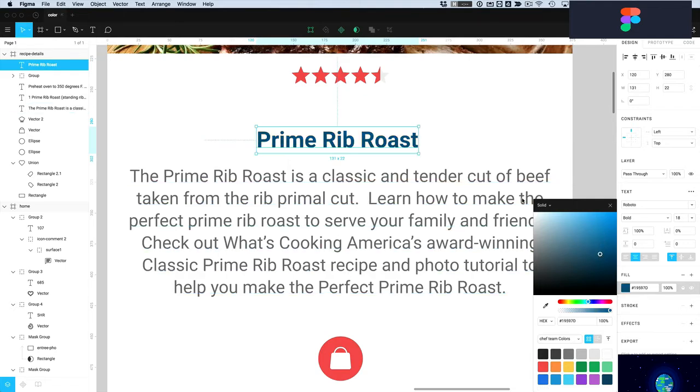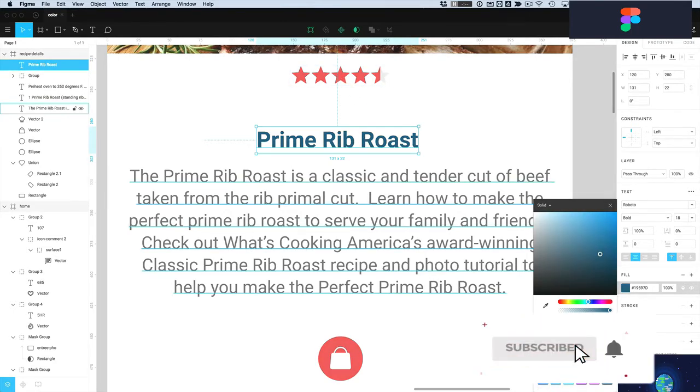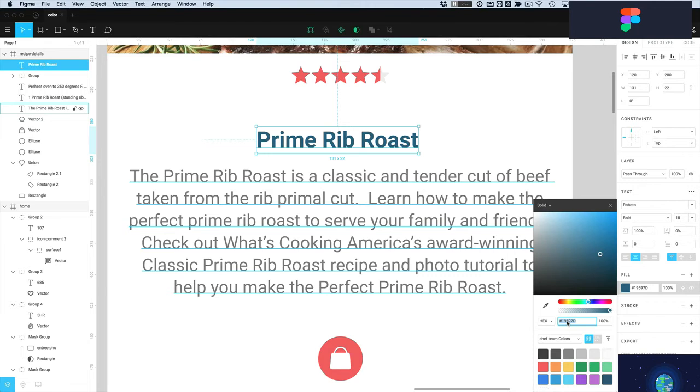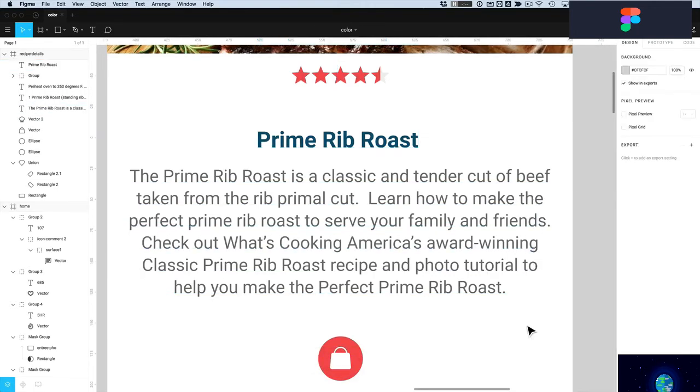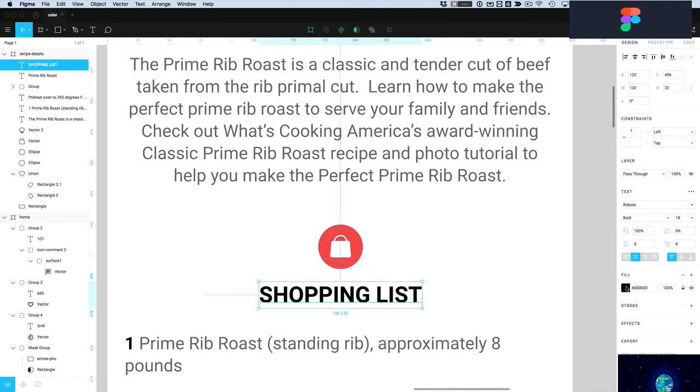And we can see that looks like a really good color in contrast with this red, and we have the hex value here. So we could copy this hex value, and we can paste this anywhere else we want to copy that same color. So I can click inside of here and just do a quick Command V and enter,